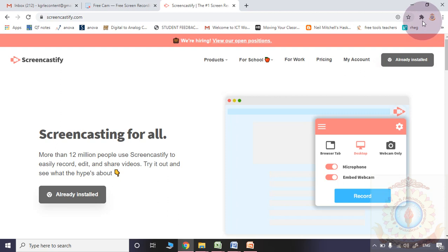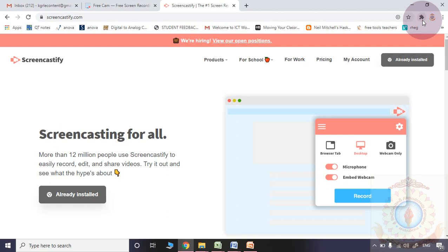Along with my display picture here, one particular extension is appearing, that is for Screencastify. Just by clicking this extension, you may record the complete screen along with your audio and video also.